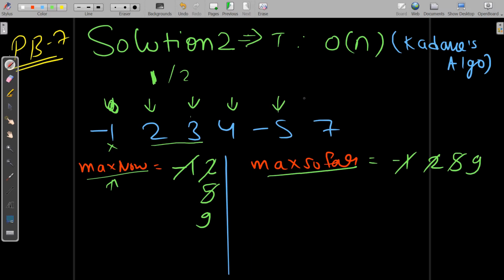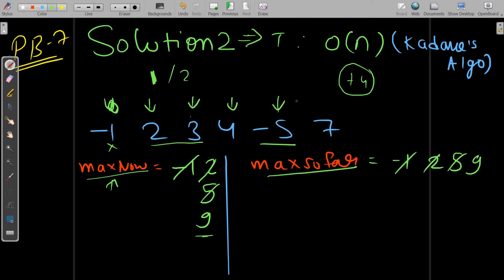Now this is -5. Now there comes a very interesting part. There is a -5. Now what will this -5 do? This -5 is already a very low value. It will of course check that if I get added up with 9, my value will become what? 9 minus 5, which is 4. My value is going to be +4.